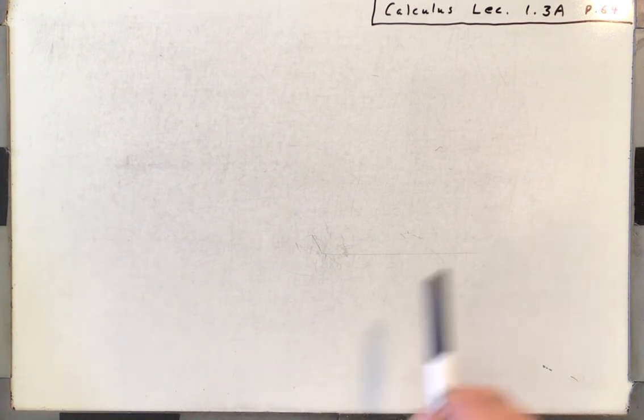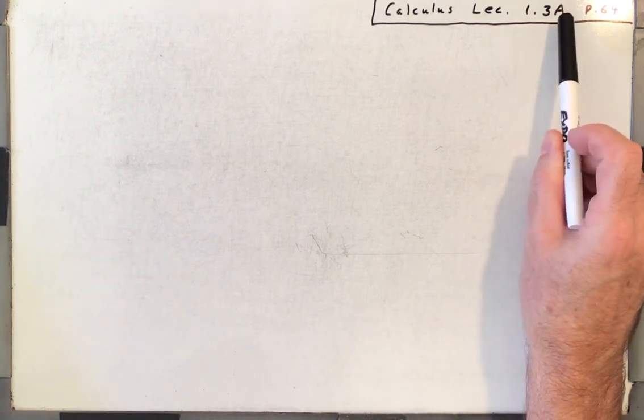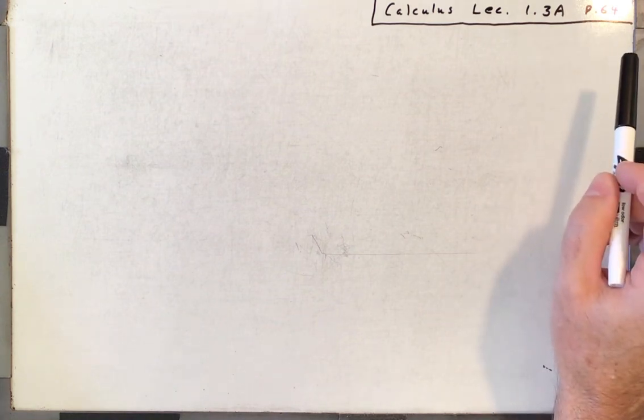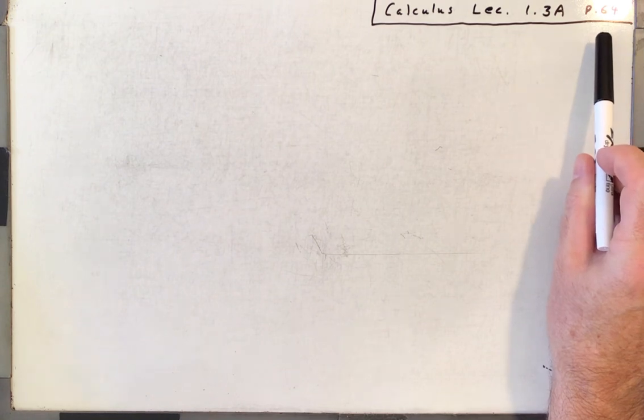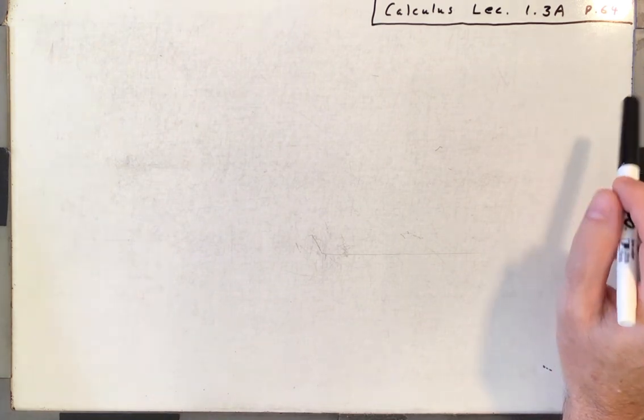I'm going to call this 1.3a to try to match the sections in the textbook. So we're in section 1.3 and A means the first lecture from that section. And we'll be working some problems from page 64. All right, so